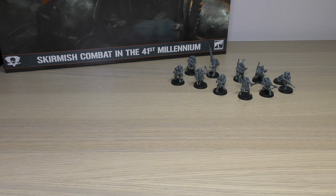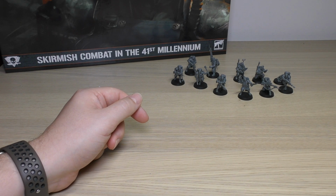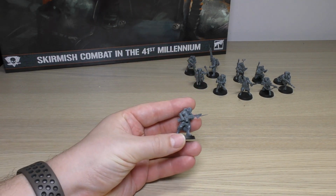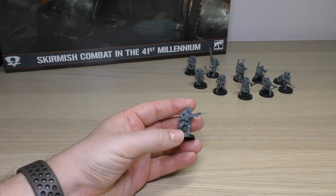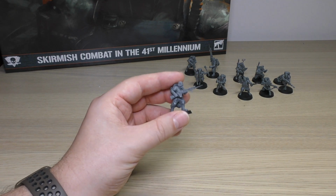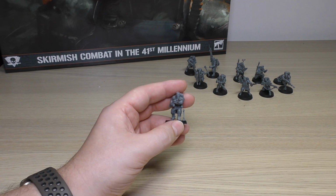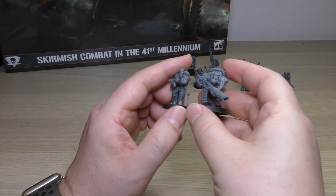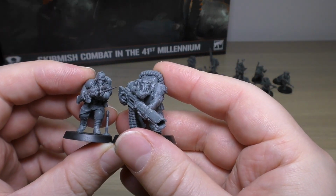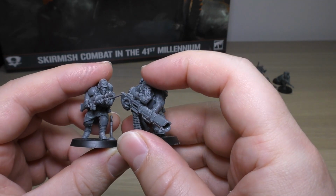Okay, size comparisons then. I'll probably say this one is the most generic, because he's not full sprint, he's not fully upright, he's not crouched, he's somewhere in between. Let's compare him to an Orc first of all, moving about. So this is the Orc Commando. As you can see there, the Deathcore is a bit taller, his head is a bit taller,